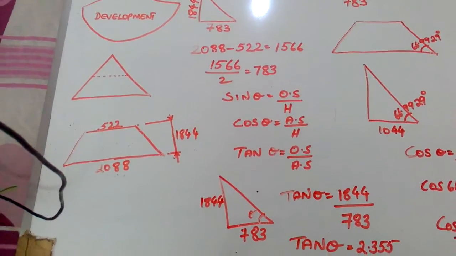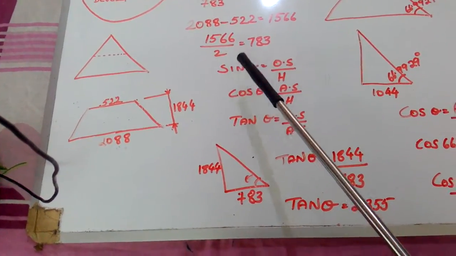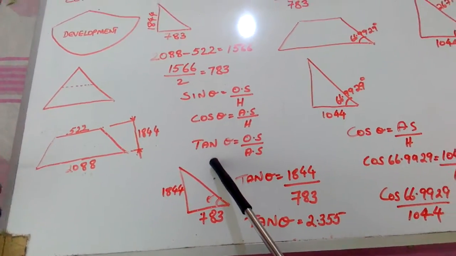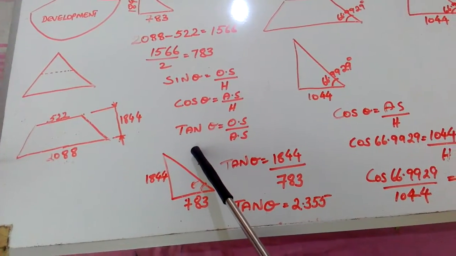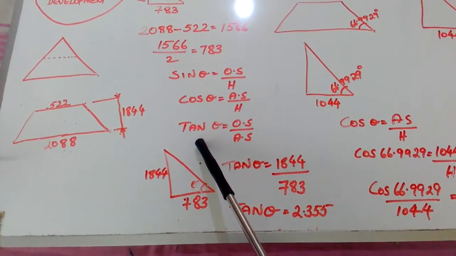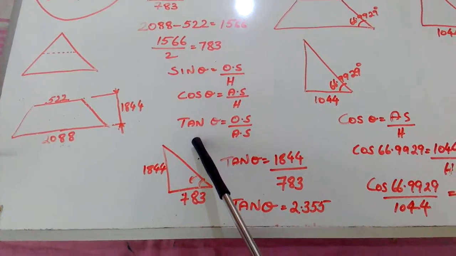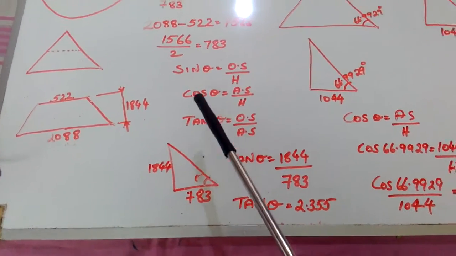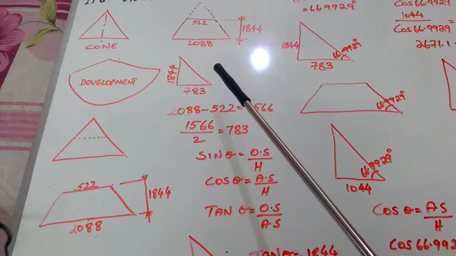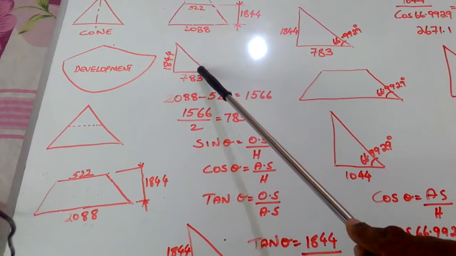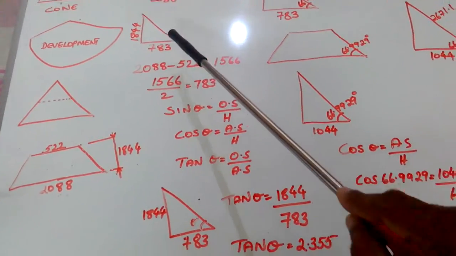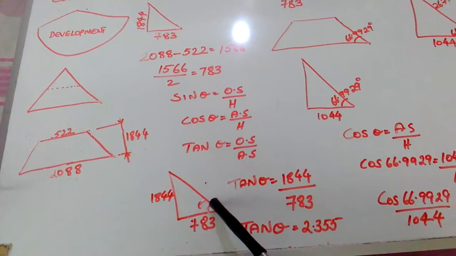using sin theta or cos theta or tan theta, we can find out degrees. All formulas I have taught you in those episodes. If you haven't watched those episodes, please watch, because I don't describe whatever I have told you in earlier episodes. Sin theta's formula is opposite side divided by hypotenuse. If we have to find out this degree, now we can find out this degree. I have indicated this degree in the below-mentioned drawing. This degree we have to find out.